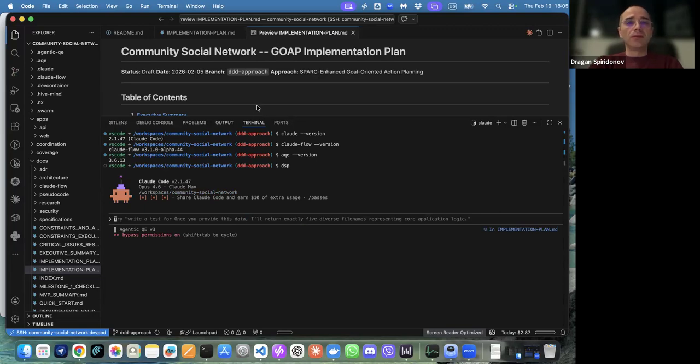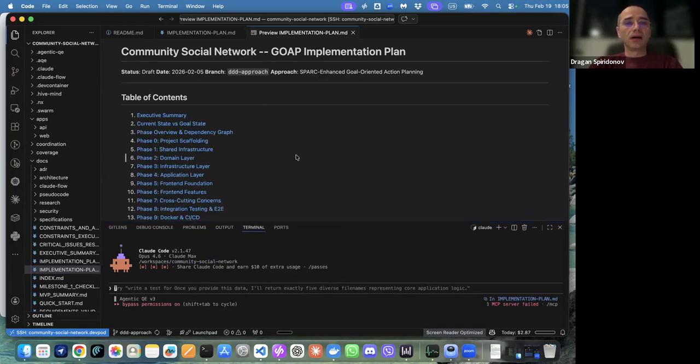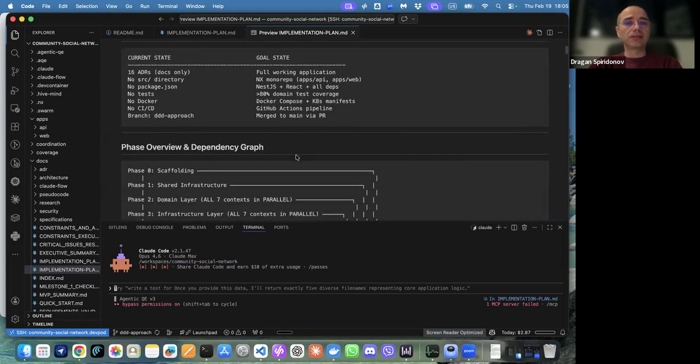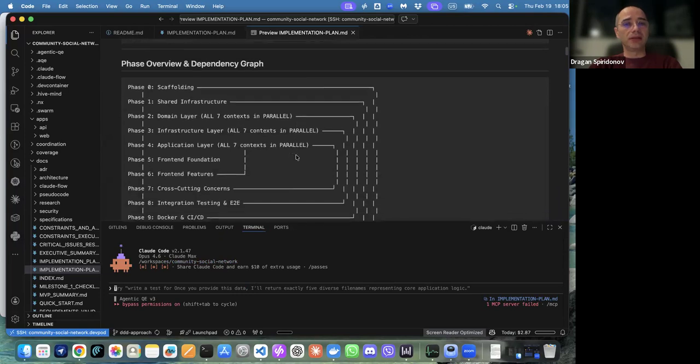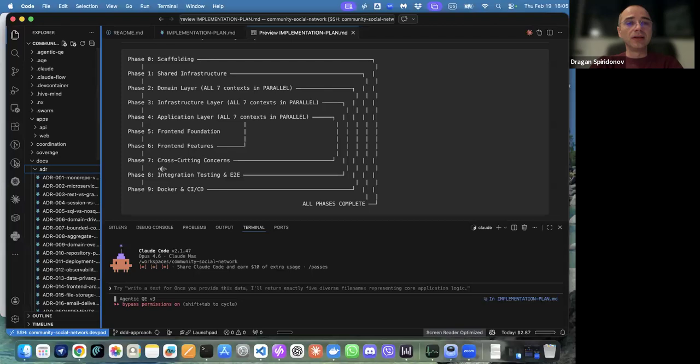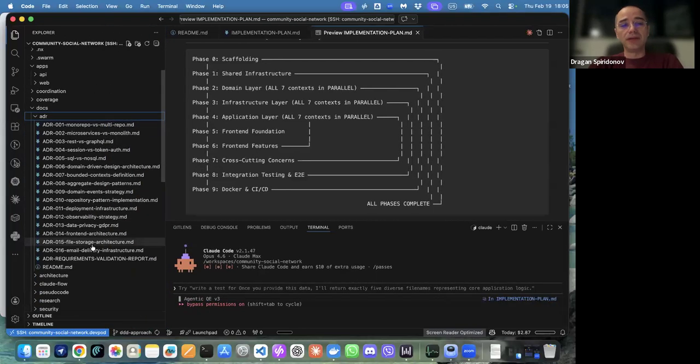Last time we started implementation based on the GOAP plan, created based again on the original specification and ADRs created in the meantime, using architecture decision documents that defined the decisions we made. We refined those in previous sessions.